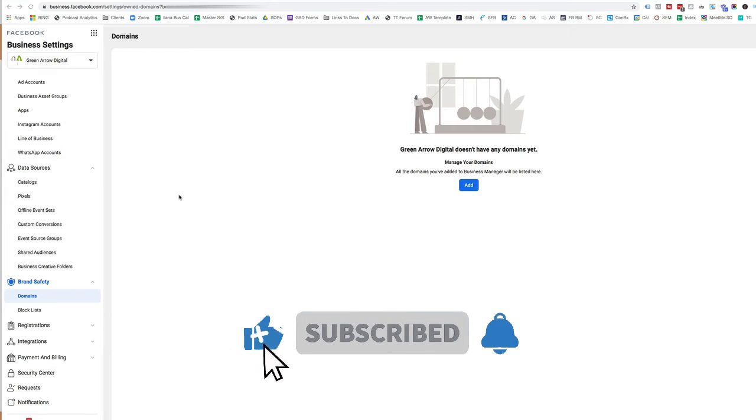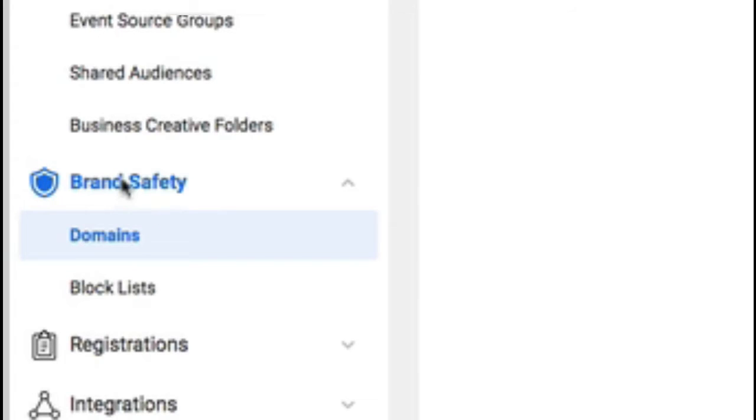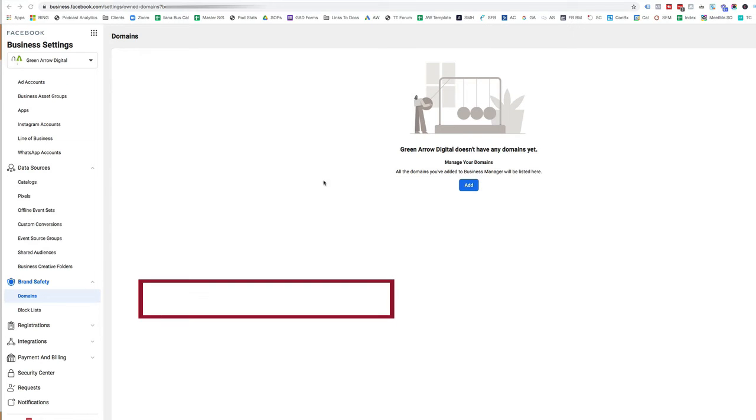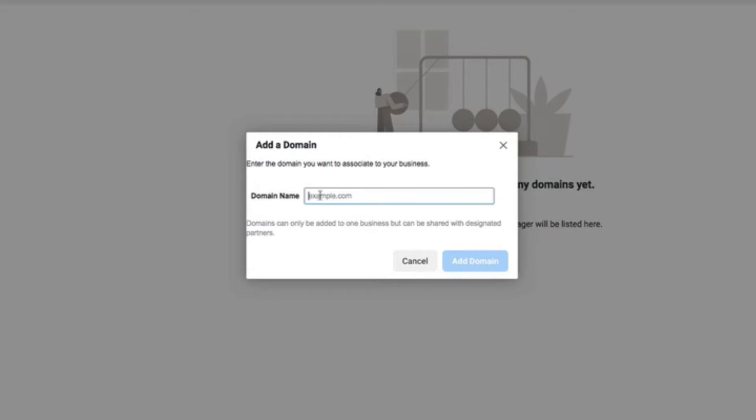So I'm in my Business Manager settings. So this is the business settings. And we go down here to brand safety and then to the subcategory of domains. And here you can see under my Green Arrow Digital Business Manager, I haven't registered my domain. So I have to add a domain here. I'm going to go add, and I'm going to do